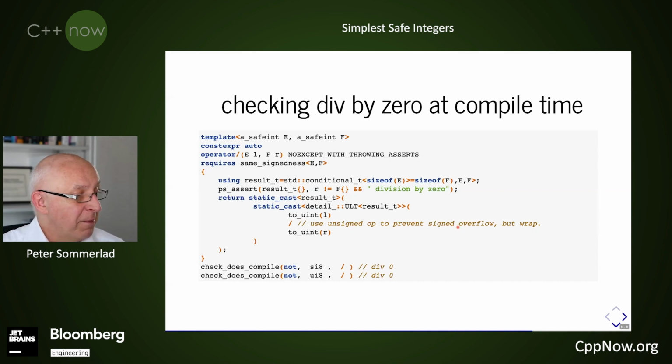Now, checking that the divide by 0 actually works, we can check the default variation by putting just a slash here, because our default created value is 0. So we divide 0 by 0, and that is evaluated at compile time, and it will not compile. So the assert here actually will guarantee that it's not happening at compile time, which is kind of a cool thing.